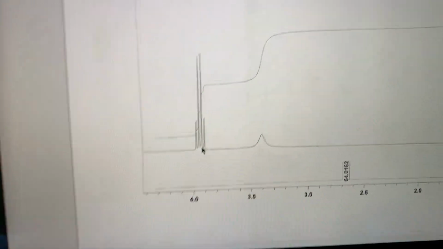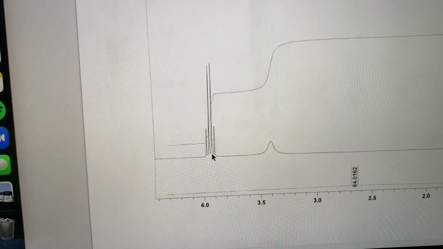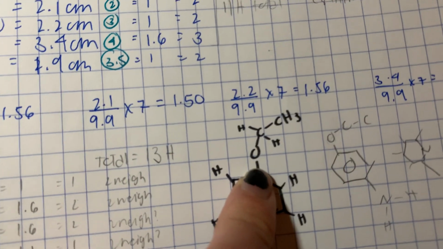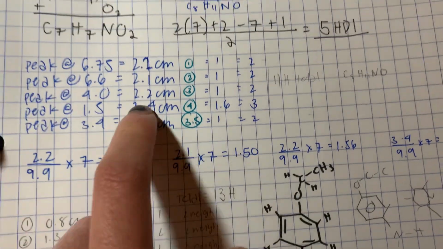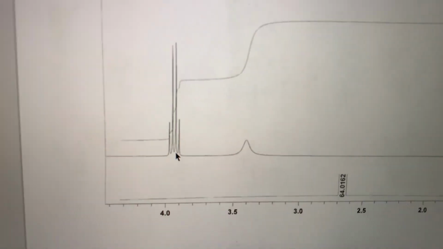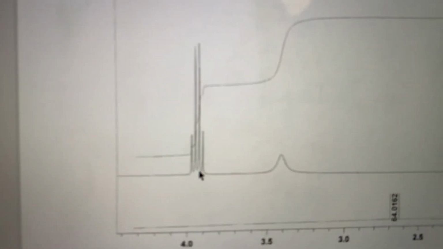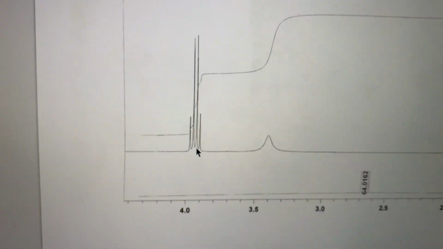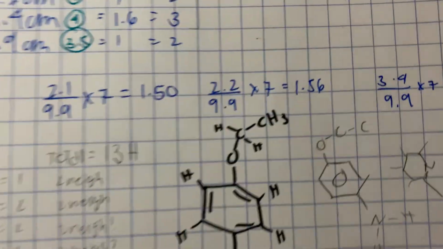And then for this one here, at 4, the camera's not focusing. Okay. At 4, I know this one was this carbon that was next to an oxygen, because when I integrated it, it had 2. And when you look at the chart, there are 4 smaller peaks, which indicates that there are 3 neighbors. And that matches up perfectly with this